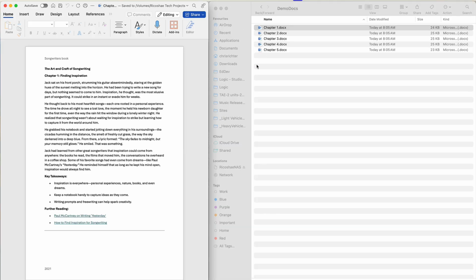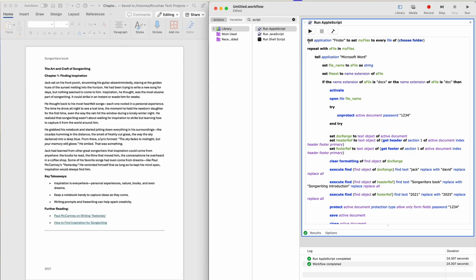Let's jump back to our script, and you can see here what we've done is we've asked it to find a folder. We opened the folder and said, here are all the documents in the folder. It will then repeat or loop over all of those files for us. It will open up Word, or associate those files with Word. Now, one thing we need to do is make sure that they are actual Word documents before we open them. If there's some other type of document, a PDF or some other thing, we just want to ignore that. So we're saying if the extension is docx or doc, then we'll activate it, we'll open the file name,